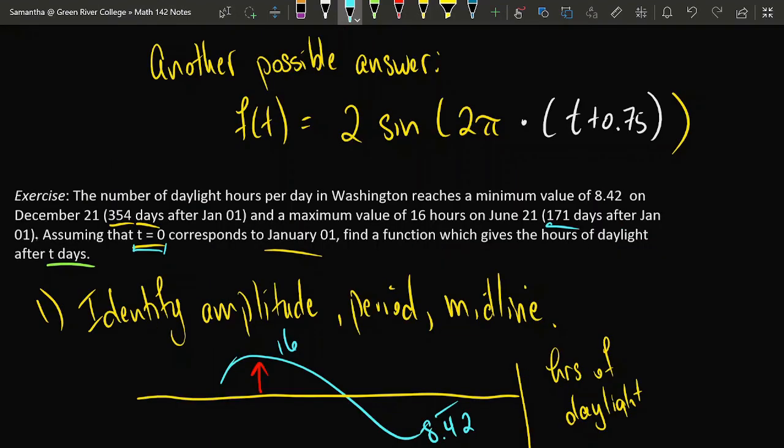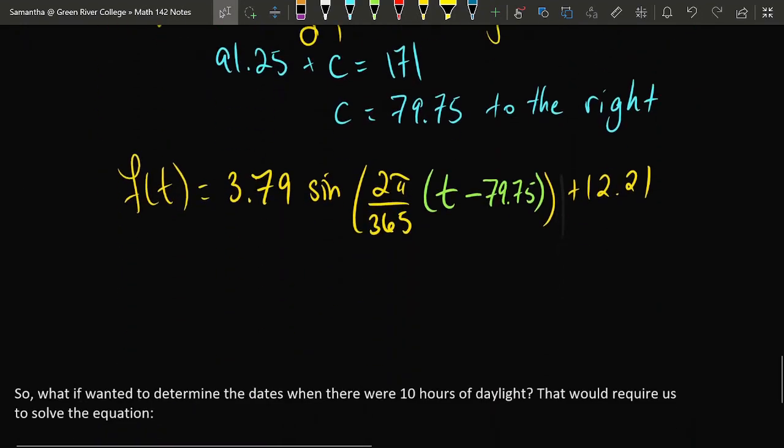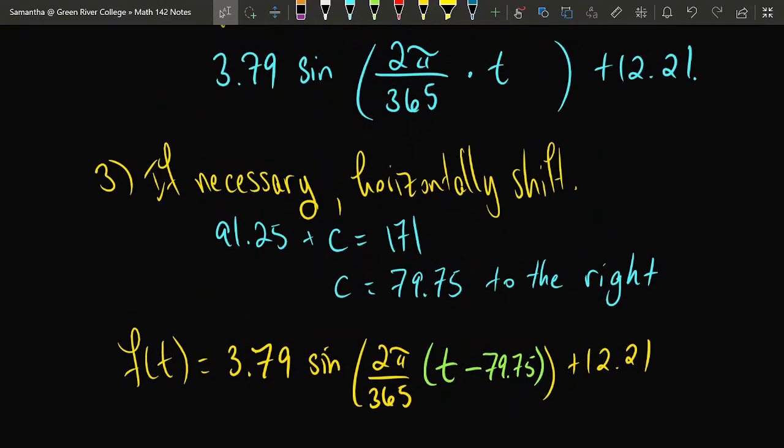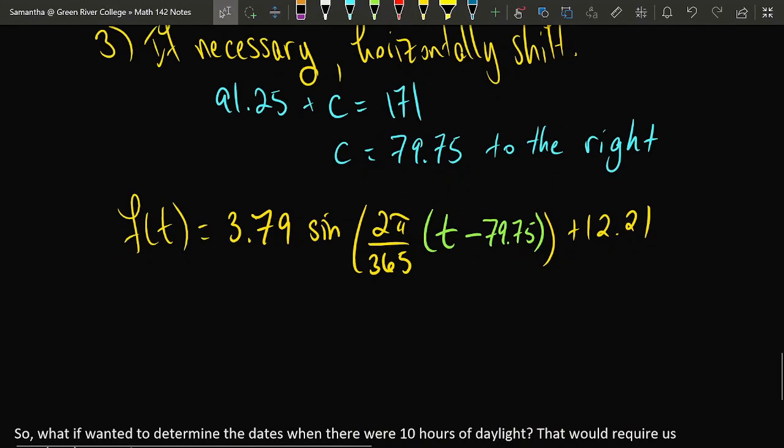Then check to see if your question is giving you any data about what the wave is doing at any particular time. You may need to horizontally shift your function in order to get the waves to completely line up. So I recommend to graph your original guess, check to see how much you need to shift this function to the left or right to get it to achieve the correct behavior at the correct time, and then incorporate that shift into your function by either adding or subtracting a number to your input.